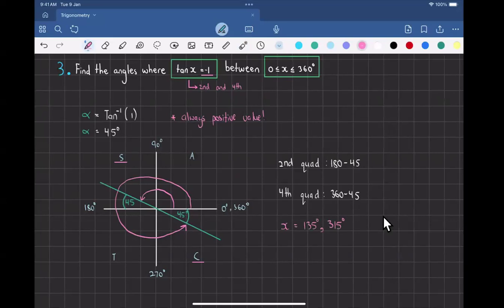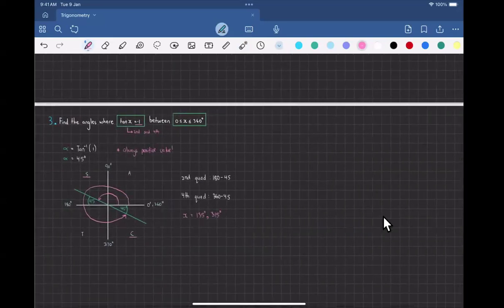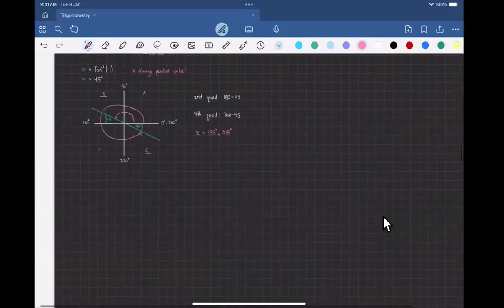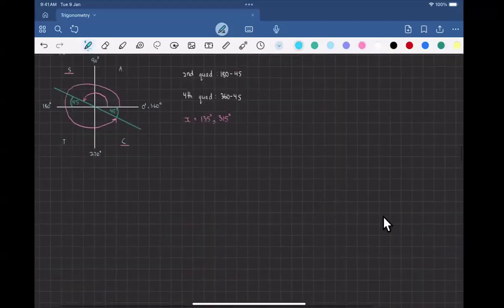Those are my answers. And of course, when you put that into tan, it's supposed to get -1. So let me move on to something new now. We're going to look at quadrants involving